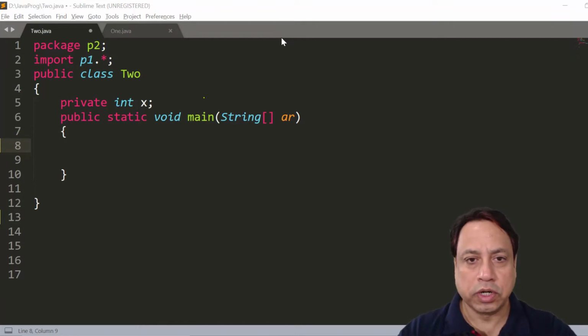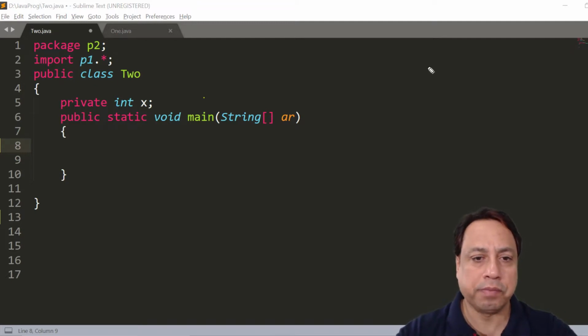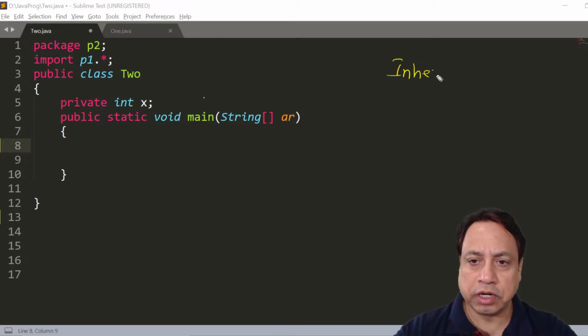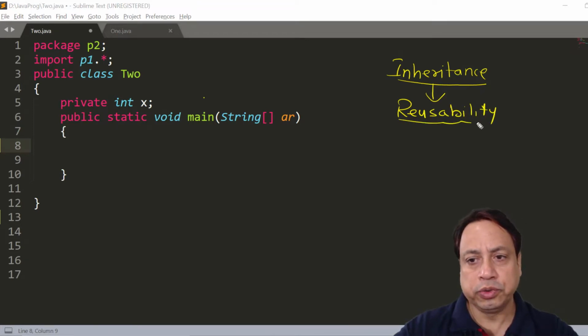Hello students, so let us understand the concept of inheritance. Inheritance is a very important topic of any object-oriented programming language, like it is in Java too. So once we understand inheritance, we actually understand what exactly is meant by reusability. Reusability is the concept of object-oriented programming in which we understand how the existing classes are reused in order to